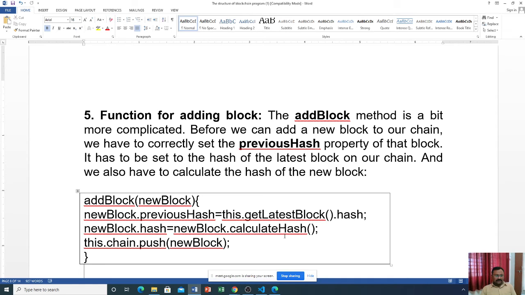In the block that is ready, the data is ready-made to store. The block index is also created, but the previous block hash and this block hash are not created. Using addBlock we create the previous hash and the current block hash, and the block can be added using the chain.push function.